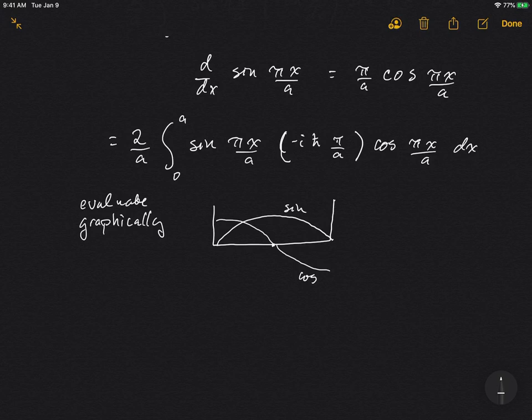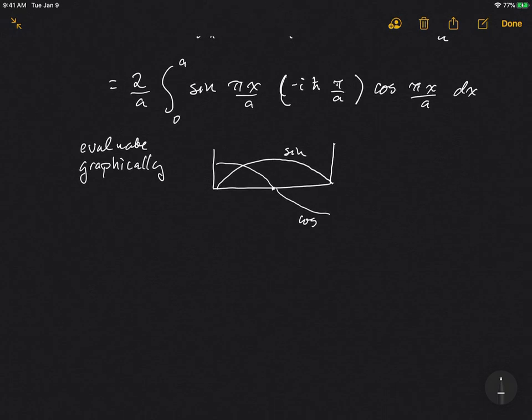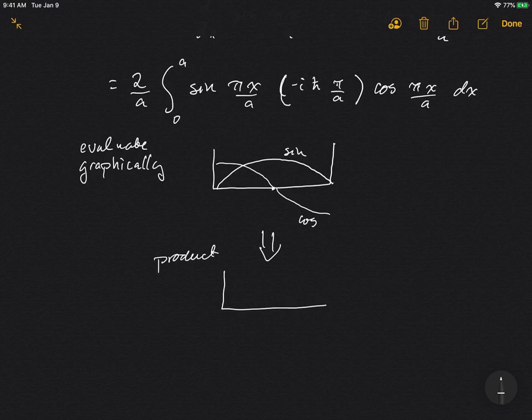So then if we look at the product of these two, it's going to look a little bit like this, right? At x equals 0, the sine function is 0, the cosine function is not, but the product is going to be 0. Then in the middle there, you have this positive lobe where they're both positive. In the first half, they're going to be positive for a while there. Then in the middle of the box, the cosine function goes to 0,